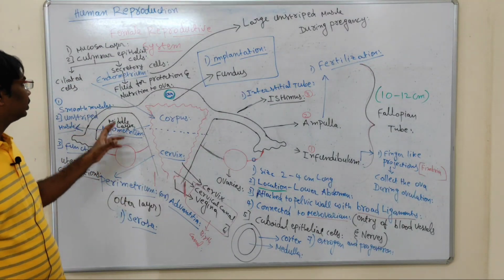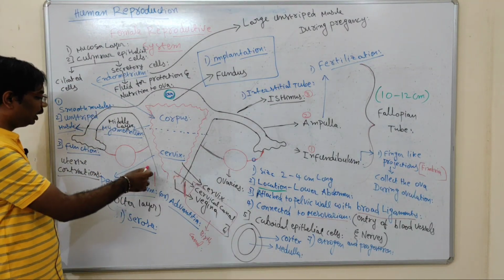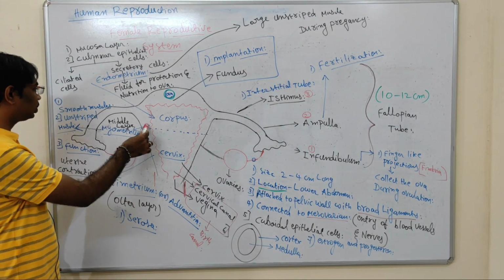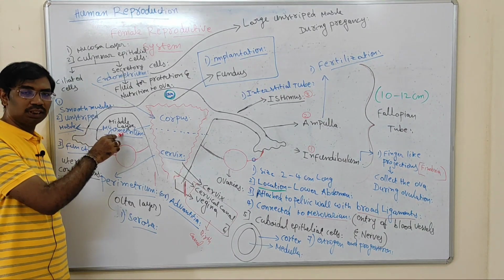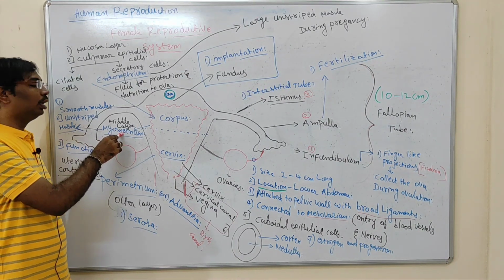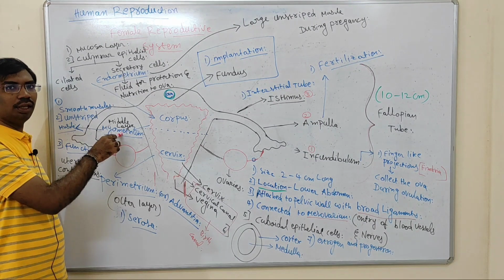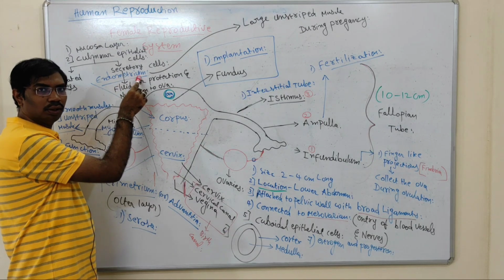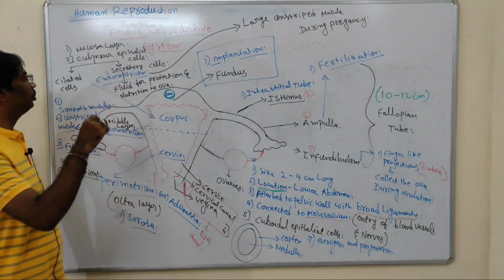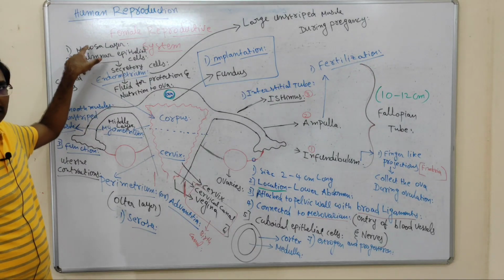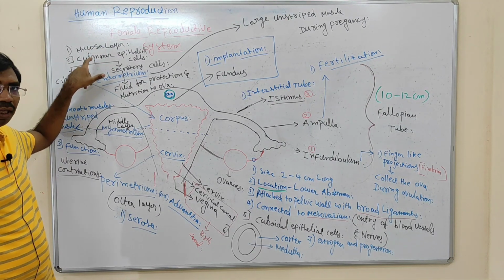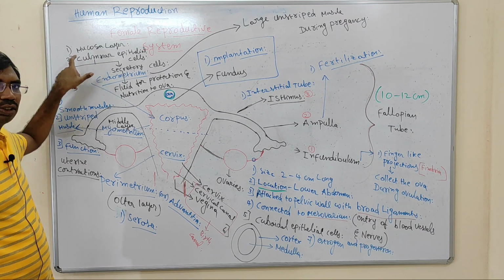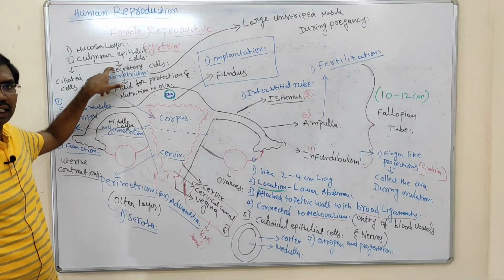The uterus contains different layers. The outermost layer is the perimetrium, which is called the serosa. Then the middle layer is called the myometrium. It is made of smooth muscles or unstriped muscles, and it is important for contractions in the uterus. Then the innermost layer is called the endometrium. The endometrium contains a mucosa layer and columnar epithelial cells. There are two types of columnar epithelial cells: ciliated cells and secretory cells.